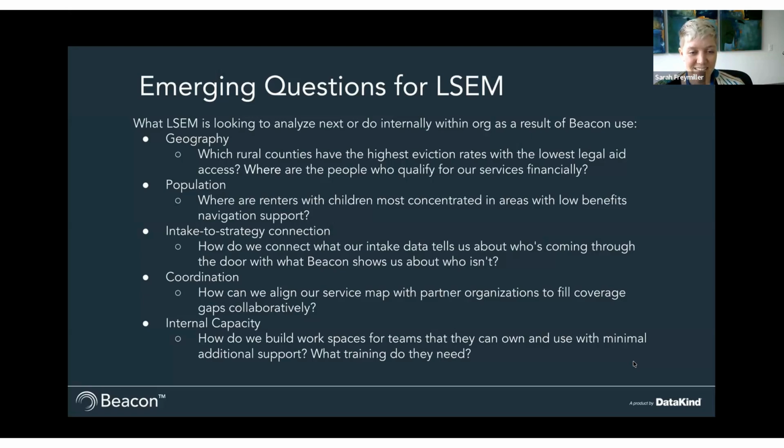I'm really excited about it, and I'm so glad that I witnessed it at a conference. It was maybe a year and a half ago. I just remember that someone demoed Beacon and they showed the percent of populations that were eligible for SNAP in the area, and I immediately thought of our public benefits team and the work that they do. That was one of my first analyses. But it's come so far and has expanded in so many ways since then. And I'm excited for the oncoming work that we're going to do with Beacon. And I yield the floor.